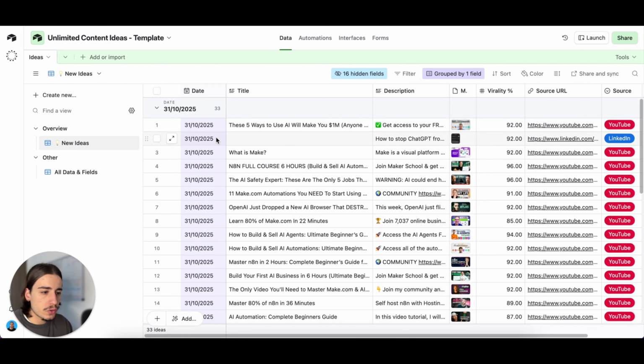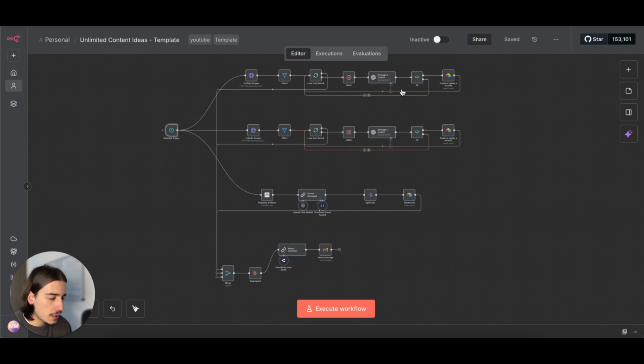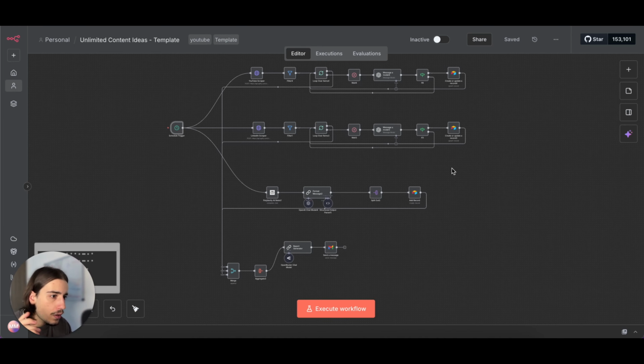But yeah, all you want to do, once you get the Airtable database from the description, is click on the link and duplicate the base into your own workspace. Once you've done that, all you need to do is come into here and then make sure these Airtable modules here are linked up to that new Airtable base that you've just added. From there, all we're going to do is head over to Apify,